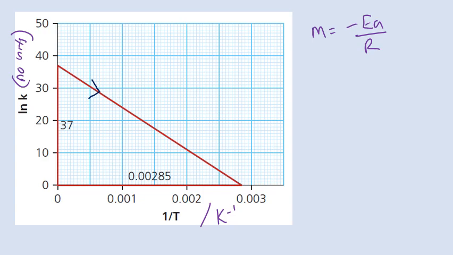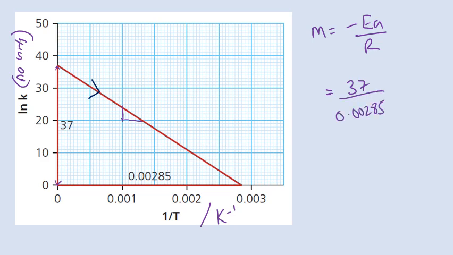Right, so our gradient then is rise over run. In this case, draw a nice big triangle. I often see students drawing teeny tiny triangles, and that often causes them difficulty or has a large margin of error when calculating the gradient. So draw a nice big triangle. The bigger the triangle, the more chance you've got of being within that boundary, because there'll always be a range given in the exam. So this is going to be 37 divided by